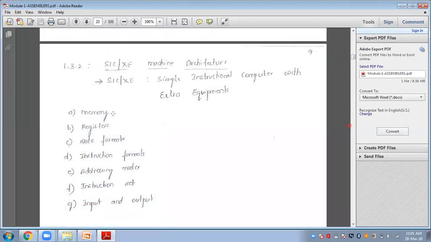Earlier in SIC, memory was 2 power 15. Here in SIC/XE, memory is 2 power 20. In registers, SIC had 5 registers, and SIC/XE has 9 registers. Data formats also changed. In SIC, there was only one data format, but here there are 4 data formats. Here we represent the floating point representation. Next, instruction formats: 4 instruction formats are there. Addressing modes are also 4 types of